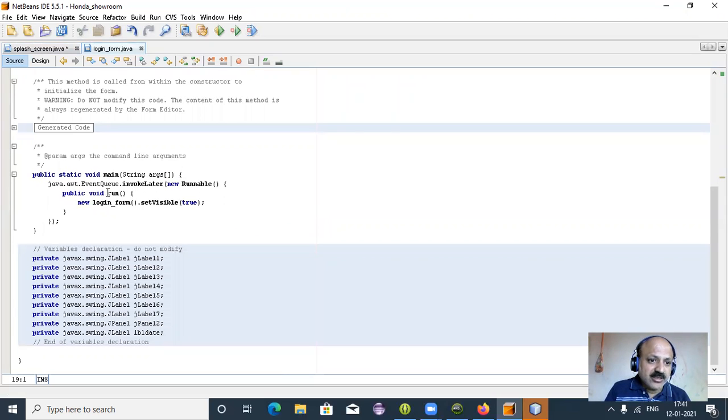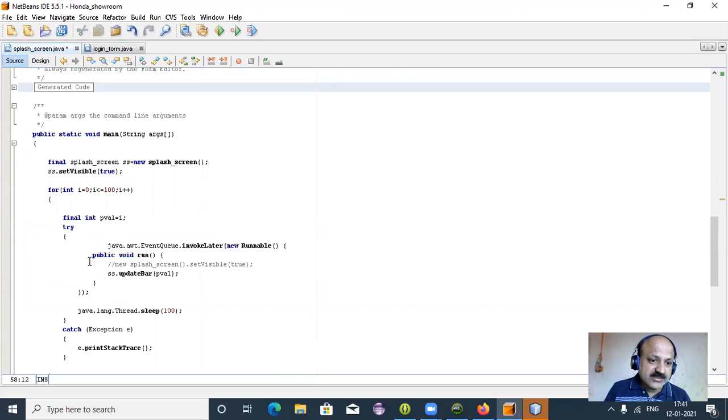invokeLater and Runnable, and the run method is from the Thread class. So that directly calls our form's setVisible true. So we can just comment that line and use this coding in our coding. Yes, you can look here, we can call our method, but before that we can take the splash screen object as final. So SS is final, so there is no inheritance, and the final keyword means it cannot be changed. Yes, so we set visible true, and then take one for loop and try catch,